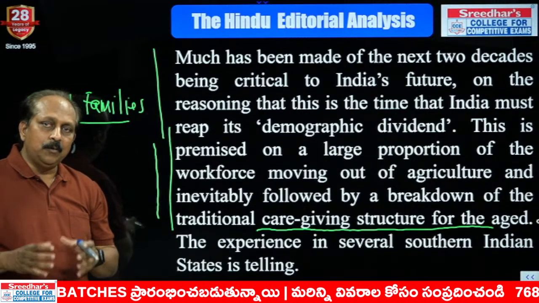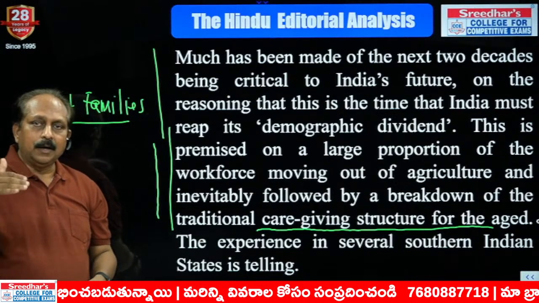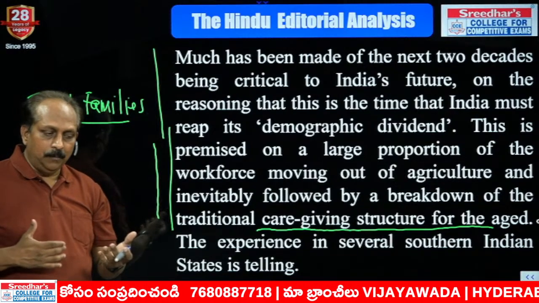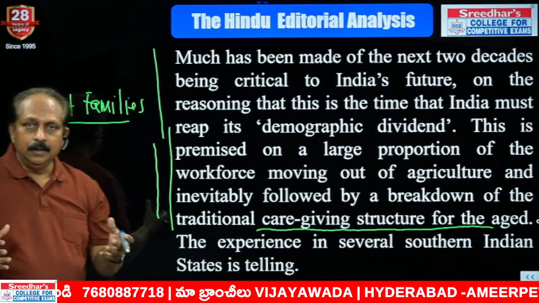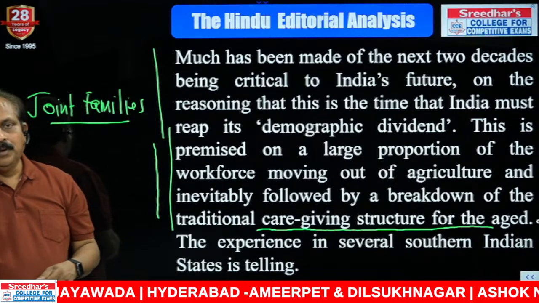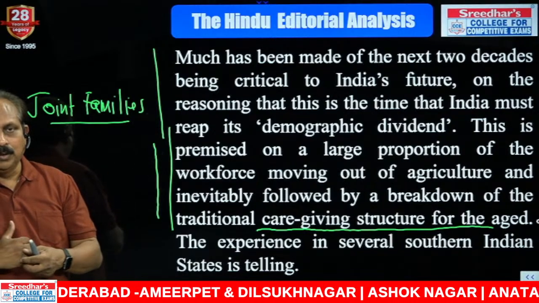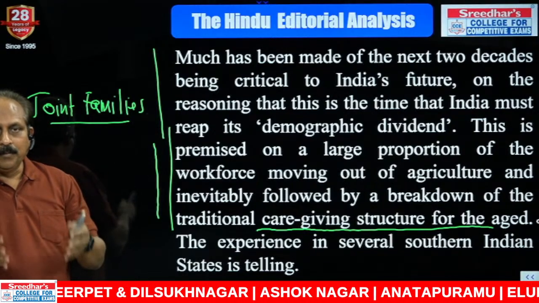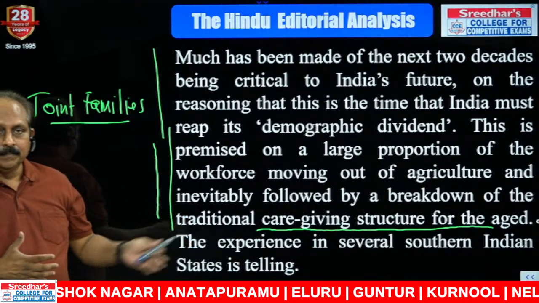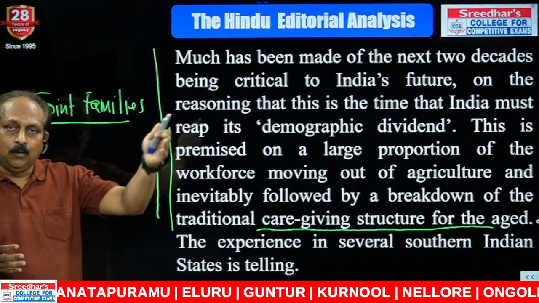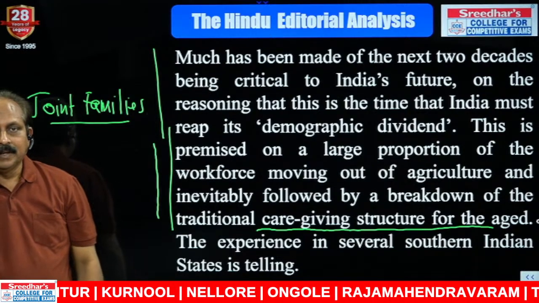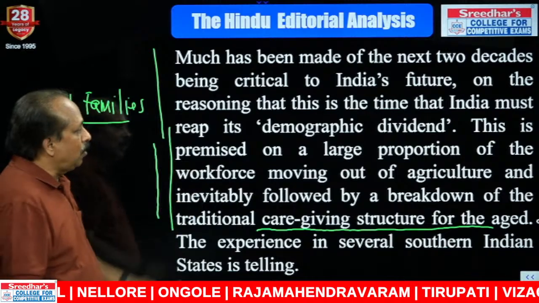In the past, everyone would depend on agriculture, fathers, sons, the families. But today, with the advent of the British and of education, they started learning. One became a doctor, another became an engineer. They had to go out. Then there are problems. One, the joint family system we don't come across now. Second, the traditional profession, agriculture, is being neglected. Third, and most important, when these youngsters leave the village and go to a town or city, there is no one to take care of the aged parents. The traditional system is broken down. This sentence talks about that.